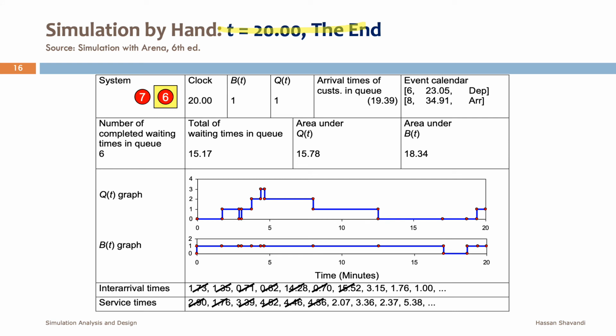At the end, we have 2 parts in the system, but we're going to shut down the machine, and processing part 6 will be continued in the next day, let's say. So this is our simulation, and you saw how we can do the simulation by hand. We will have a simpler version in the next chapter. You will see that without drawing these graphs and with less information, it will be much easier to track by hand. But the purpose of this example was just showing you how a discrete